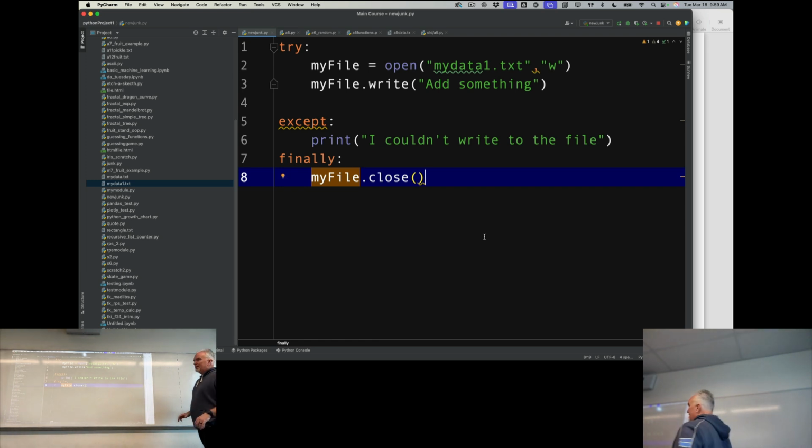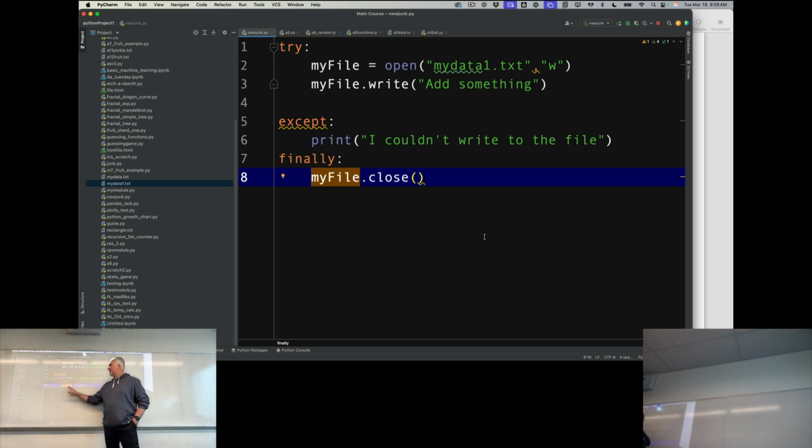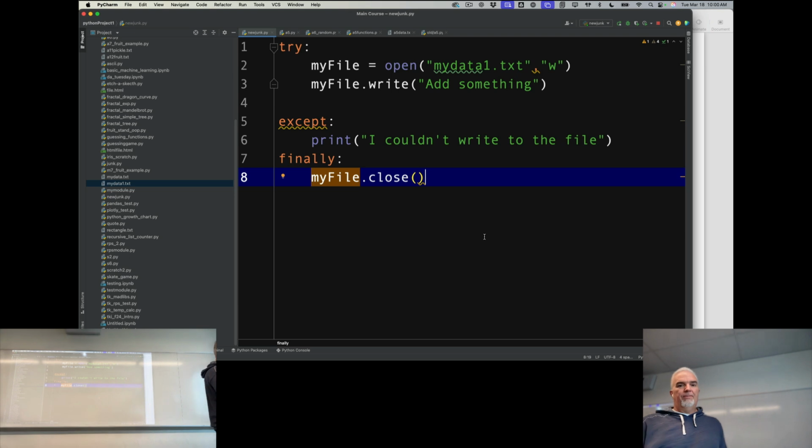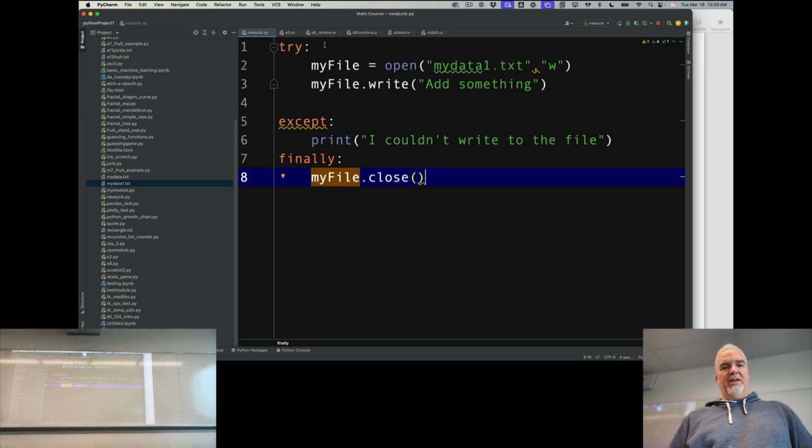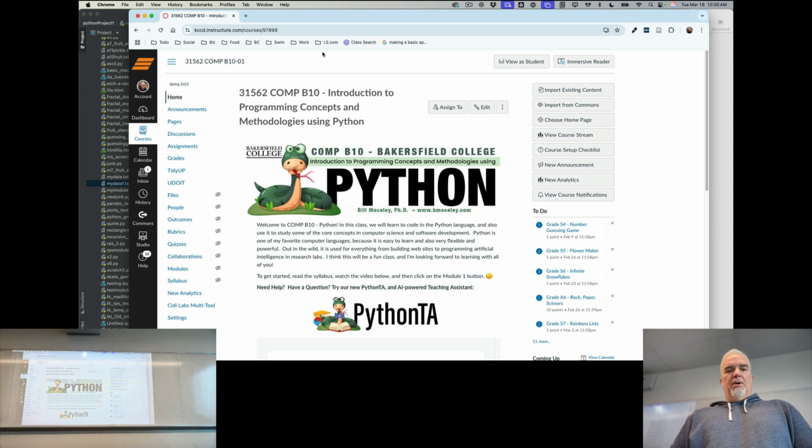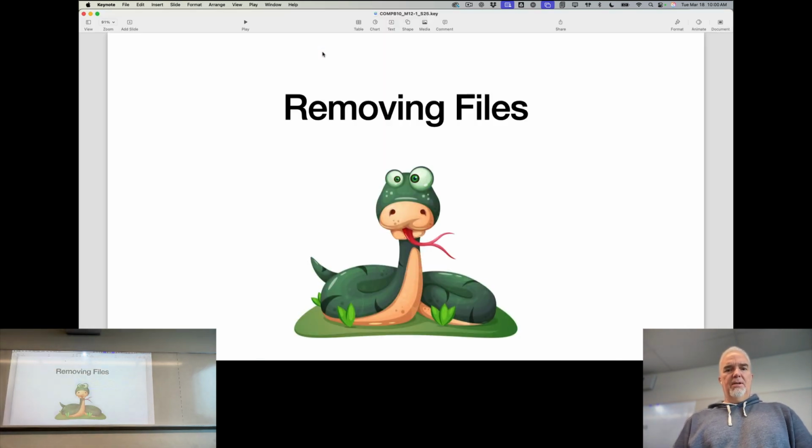And by the way, PyCharm is going to highlight this in orange because it says, I'm not sure that your my file is going to exist there. Because if it doesn't get opened in the first place, then it's not going to exist. So what would be wise here is to check to see if that exists before you try and open it, because that's the most likely error you're going to get, is you can't open that file. So if you check that, then you can be confident that this will not throw another error. You don't want to throw an error in your try and accept finally block. So there are ways to find out